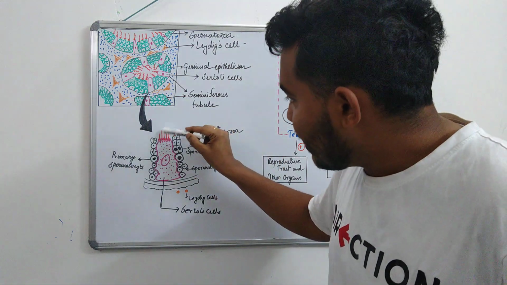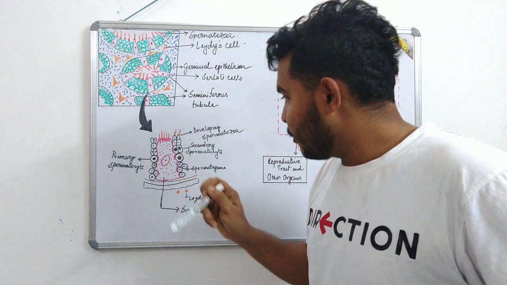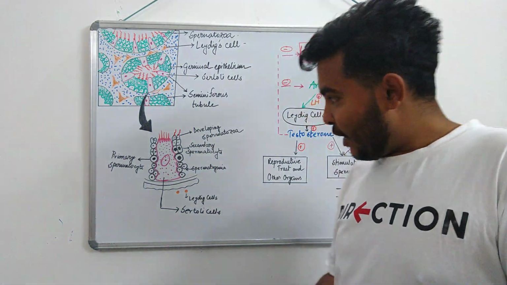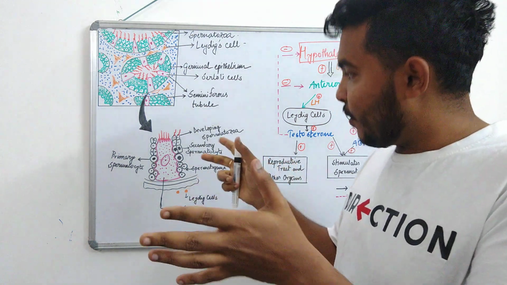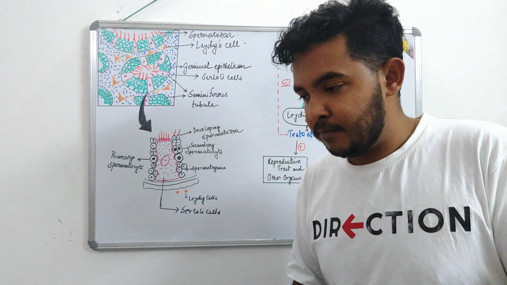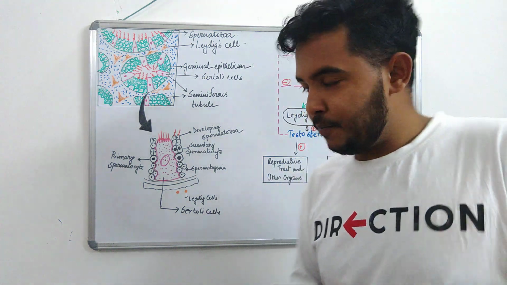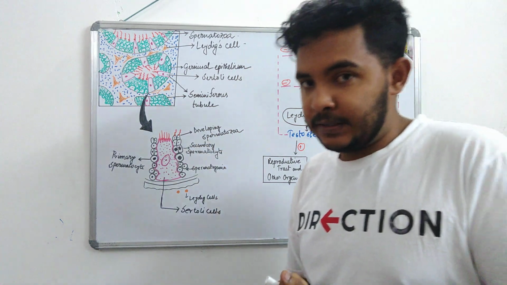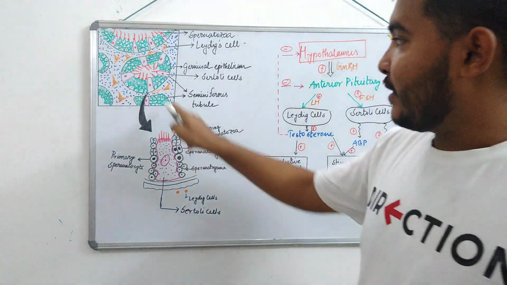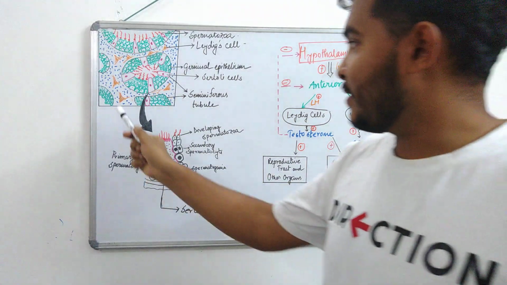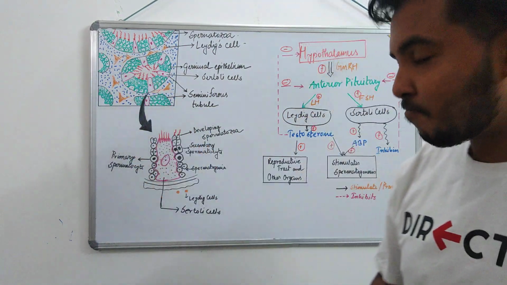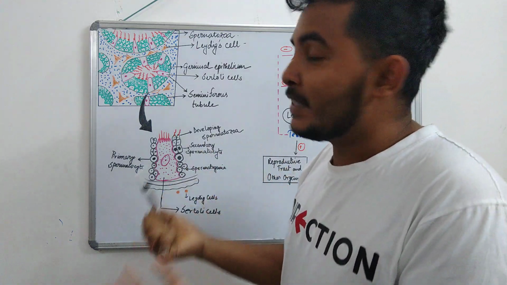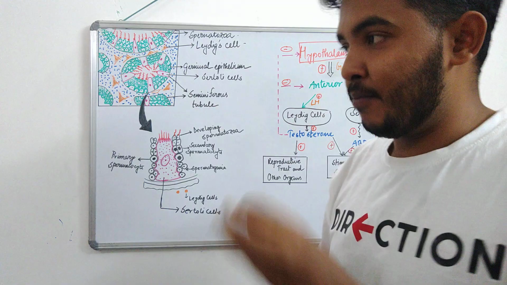Look, there are some sperms, no? What are the sperms doing on top of the Sertoli cells? The thing is that these spermatozoa, or developing sperms, need nutrition. Where will they get that nutrition from? They will get it from the Sertoli cells. And the Leydig cells, the pyramidal orange colored cells, synthesize the hormone called testosterone, the male specific hormone.